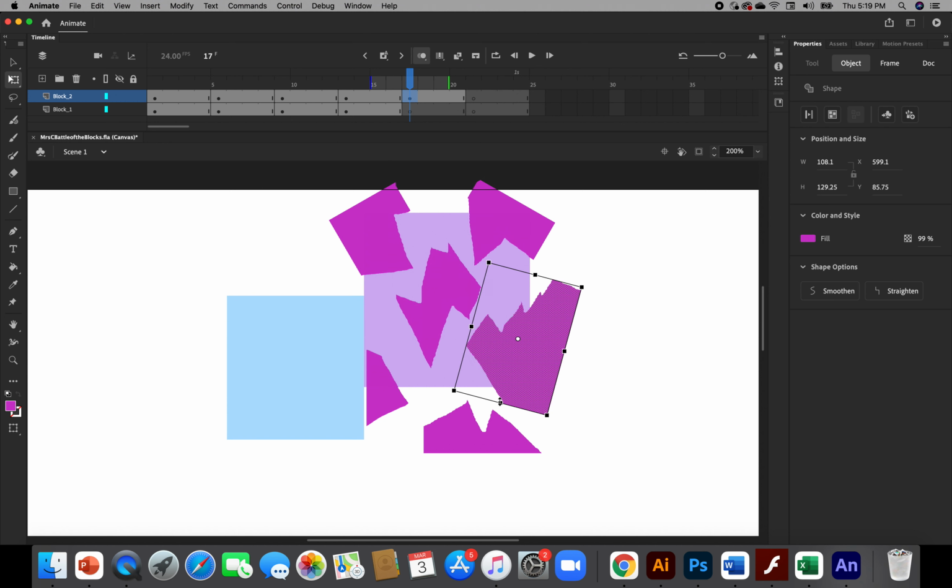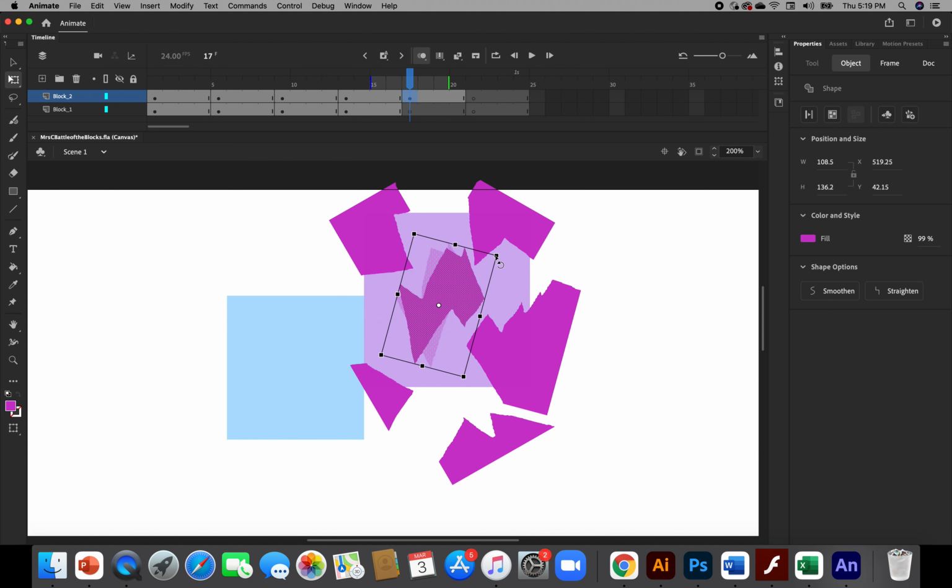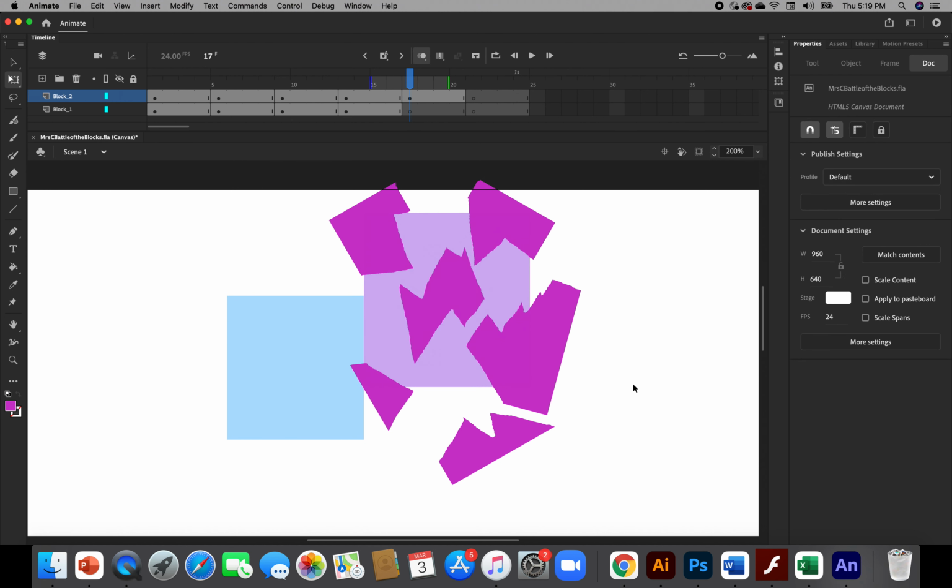Doesn't matter which way you twist them, just so it looks like things are going crazy. Okay, so everything has now broken,